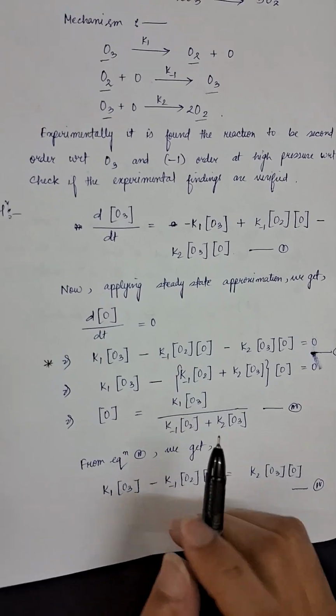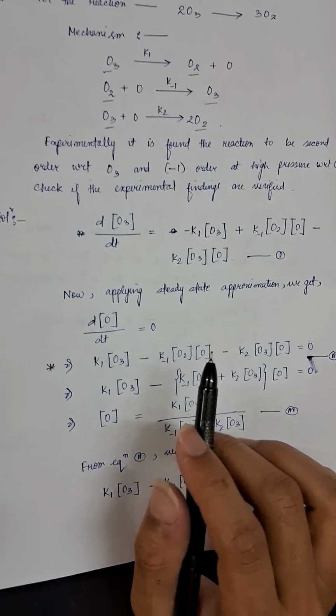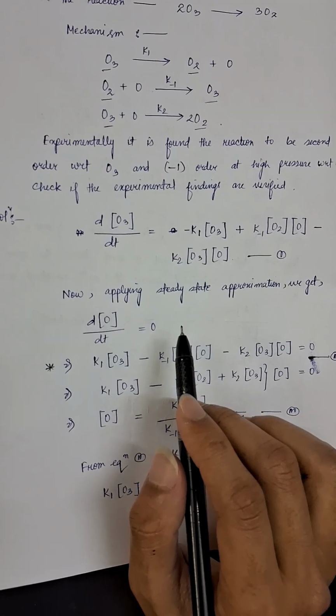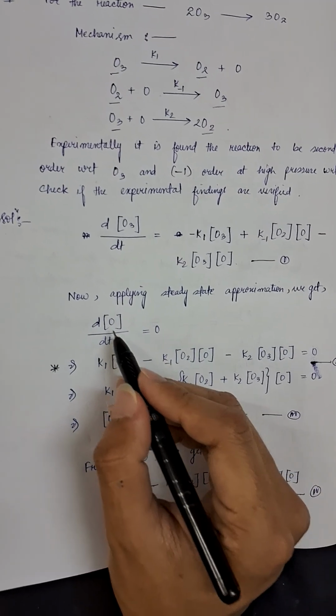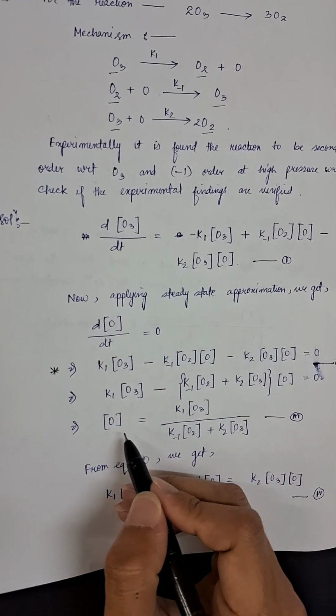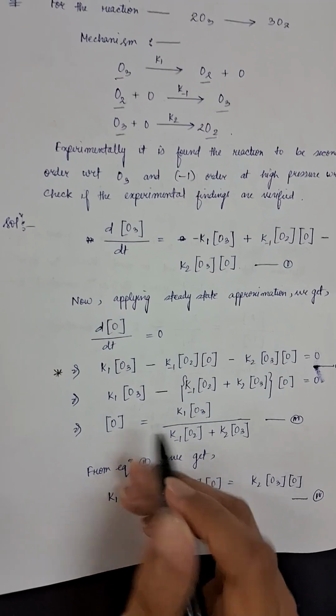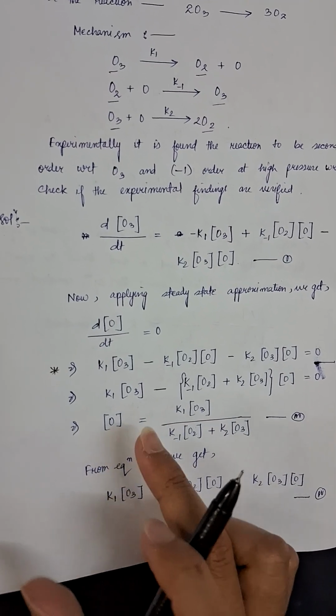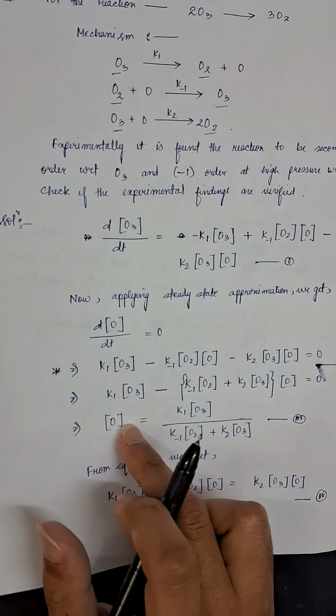And then you have to solve. First thing you have to remember is to apply steady state approximation and find the concentration of this intermediate. You don't have to find anything else, just find O. And after that, apply this O concentration